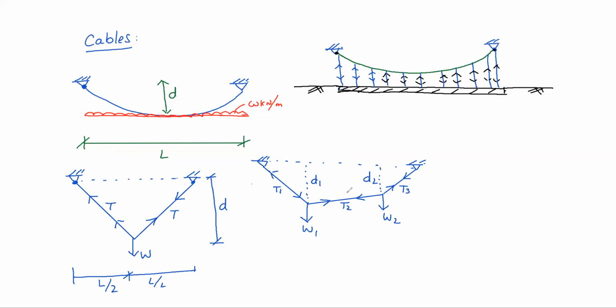Similarly, in a parabolic cable also, this is a parabolic cable actually. In this parabolic cable, due to this given loading, what would be the maximum tension in the cable? What would be the minimum tension in the cable? Support reactions, length of the cable, all those things can be calculated, okay? So we'll see one by one.